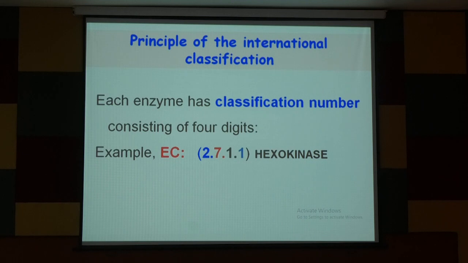Then they formed the International Union of Biochemists, IUB. They formed a commission called the Enzyme Commission, which stands for EC here. They formed this commission and they formulated a special nomenclature formula. How to name them? They gave 4 digits. The first digit will designate the major class, that is one of those 1 to 7.